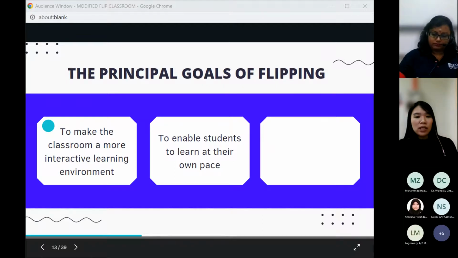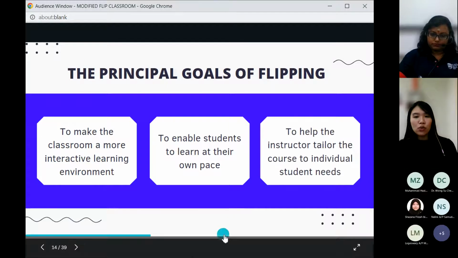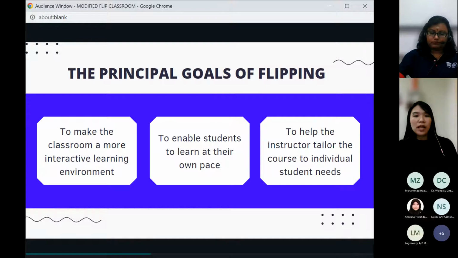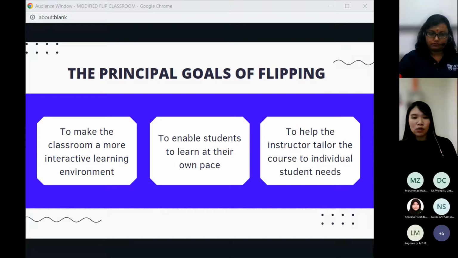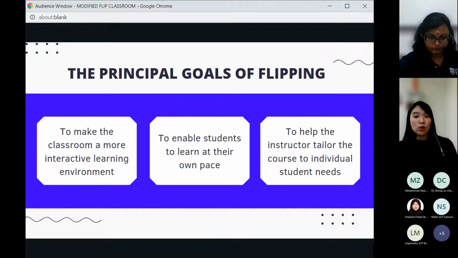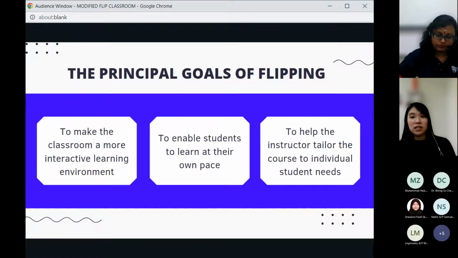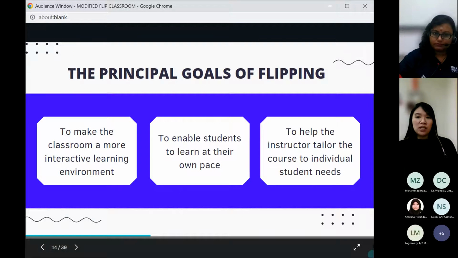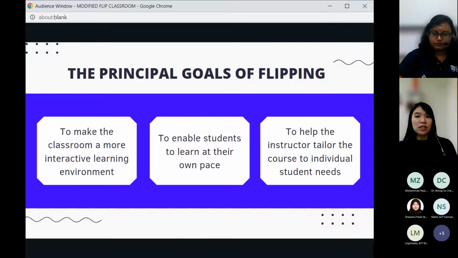And number three, it can also help the lecturers or instructors to tailor the course to individual student needs. Through flip activities, we can gauge the students' understanding, because we prepare the lecture earlier and they learn on their own.